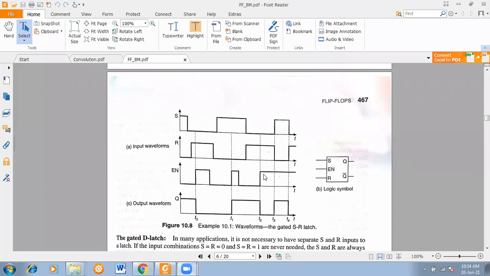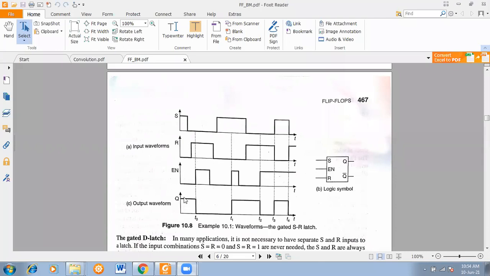Now the clock is present here. Okay. Now this is 0, this is 1. So S is equal to 0, R is equal to 1, clock is present. So definitely the output will be 0. So that's why this is 0 now. So tell me, if anyone has a doubt, how this waveform changes corresponding to the presence of the enable